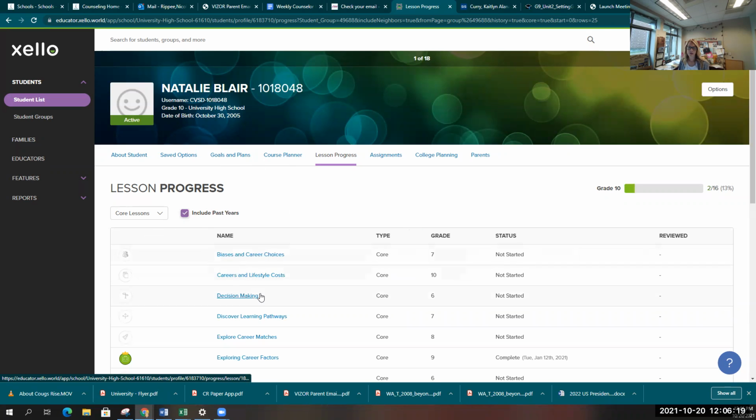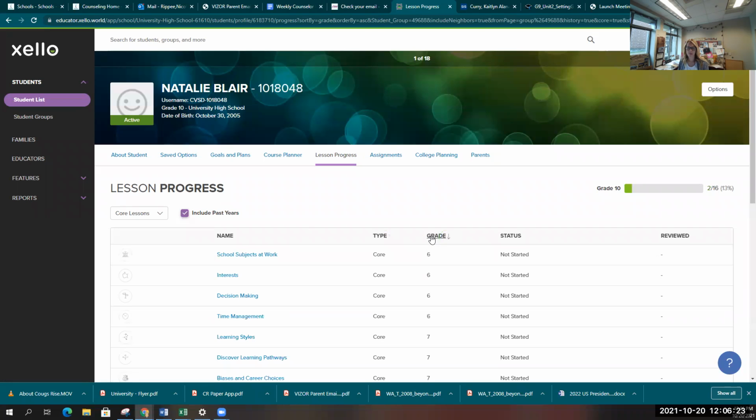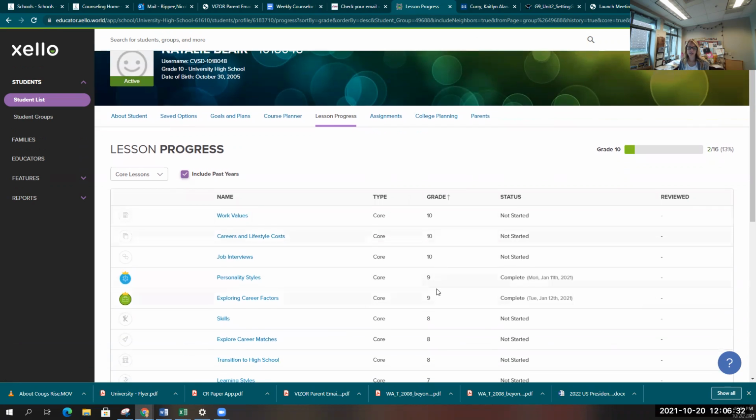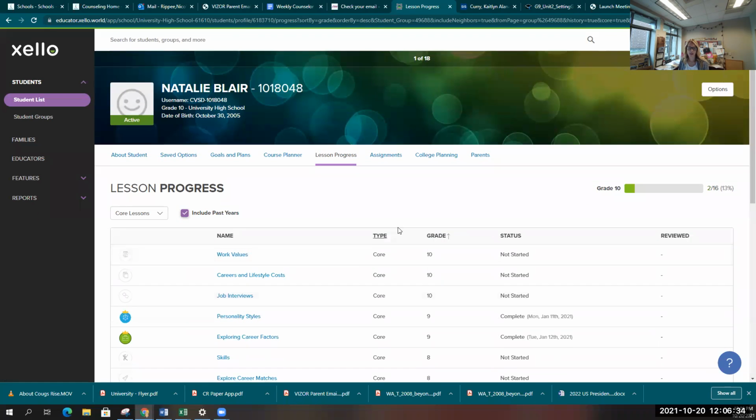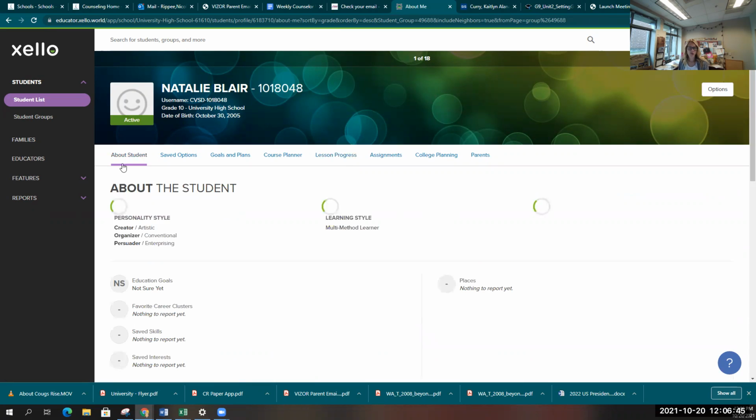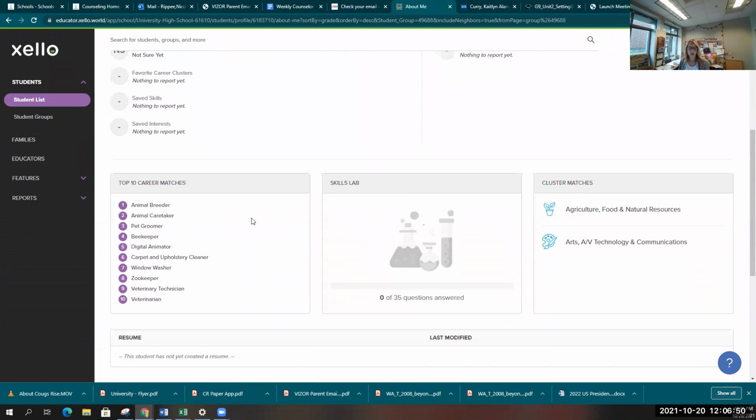It's going to give you the lessons alphabetically. If you click on grade, it's going to sort them lowest to highest. So you just click on grade again, and then it'll sort them highest to lowest. And you can see the student has done their 9th grade, just not their 10th grade lessons. But like I said, we're really just focused on 10th grade lessons and making sure that students are completing those 10th grade lessons. So I'm going to go back to my About Students tab, and I'm going to scroll down,